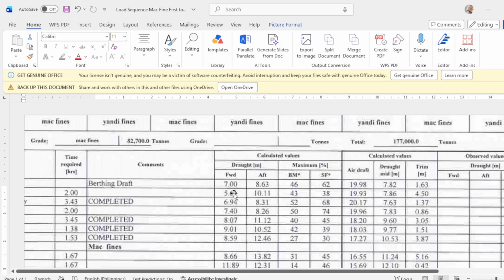berthing draft is 7 meters, forward draft is 8.63, bending moment is 46%, shearing force is 62%, aft draft is 19.98, mid draft is 7.82, and the trim is 1.63. Okay,